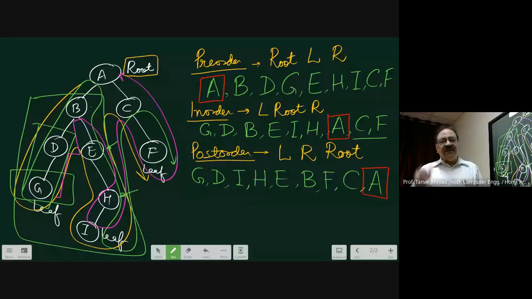Now, if that is the case, when I move, I was telling you that from A I come to B, from B I come to D, from D I come to G, and then I go back. When I go back, how will I do that? Actually, you are implementing it as a pointer. Okay. Now let me try to show you what I mean to say. Actually, it will be like this.